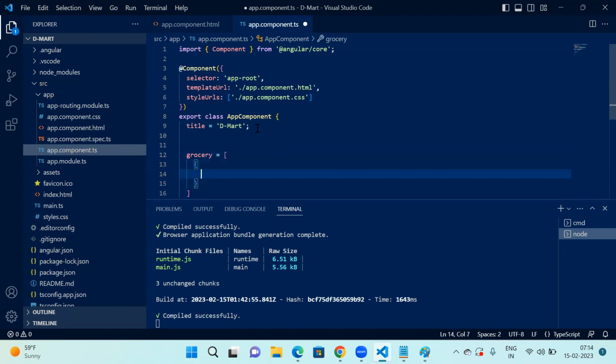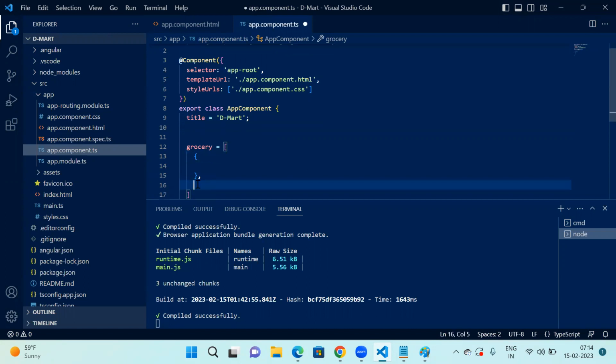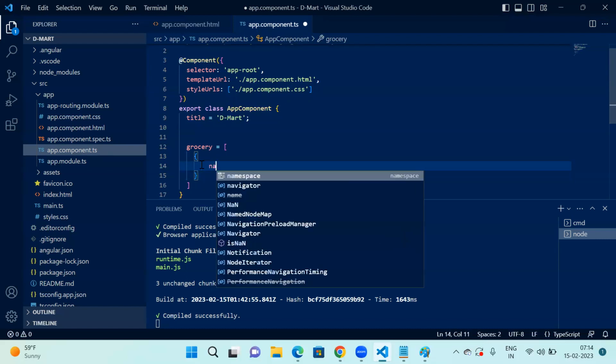And in this grocery, this will be a single object, and then later you can have the other objects. Now let's see with the one. And in this, you can define the properties, so over here, suppose I define the name,